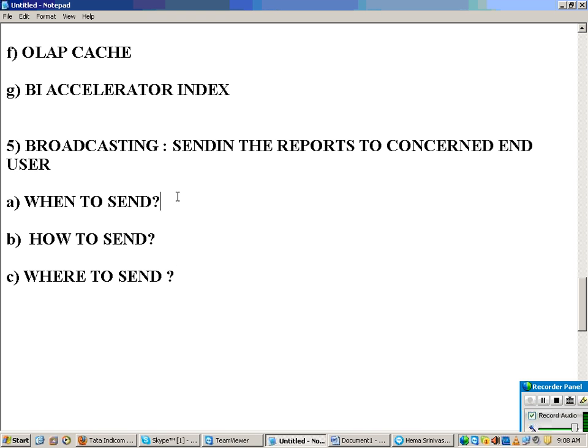When to send is the time factor, how to send is the format, and where to send is the location.